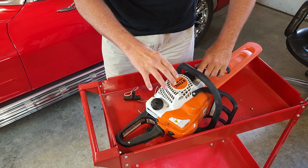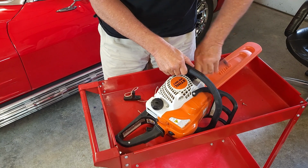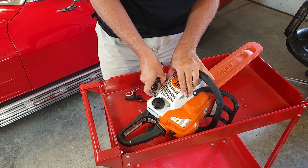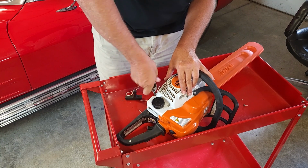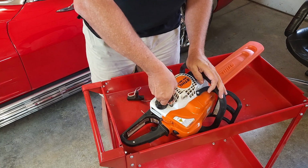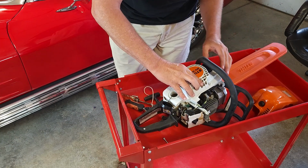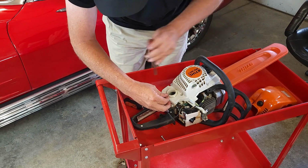Now, this whole cover assembly will come off. You're going to have to remove your gas cap and I believe your oil cap. All of these screws may come out the same size, but I'm going to monitor where they came from and put them back in the same spot. Now, from what I've seen, this should be probably a 10-minute job at most. Okay. As I suspected, we are going to have